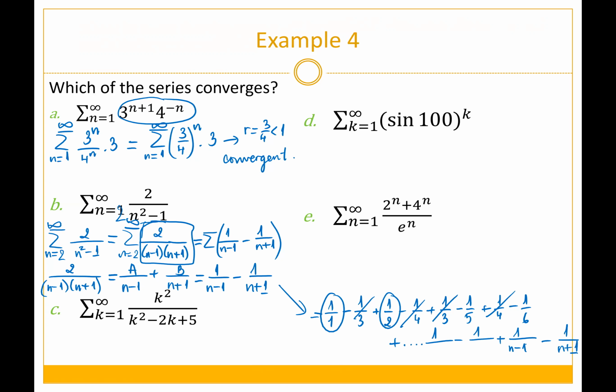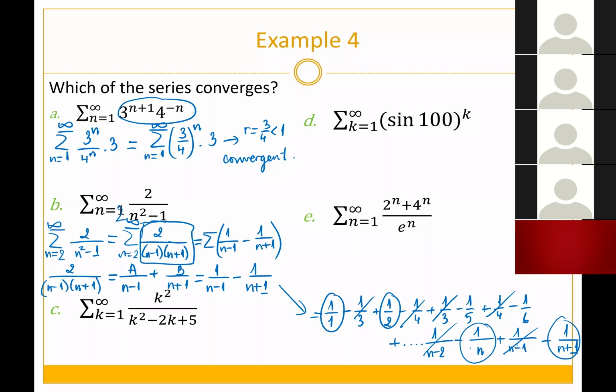So this is why you have n. You have n minus 1 before the n minus 2. This is going to be n minus 1 plus 1, so it's going to be n. So if you write down more terms here, you're going to see the fact that these are the only two terms left in the series. So what you end up having is 1 plus 1/2 minus 1 over n minus 1 over n plus 1. And as n goes to infinity, then you're going to,